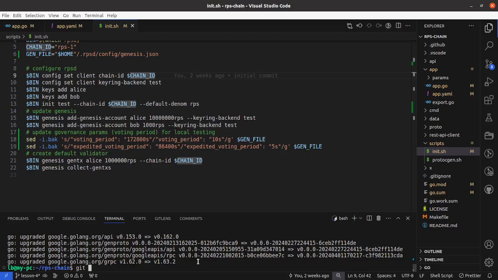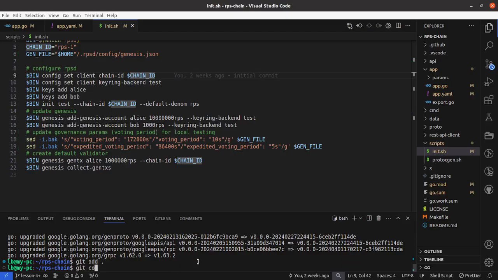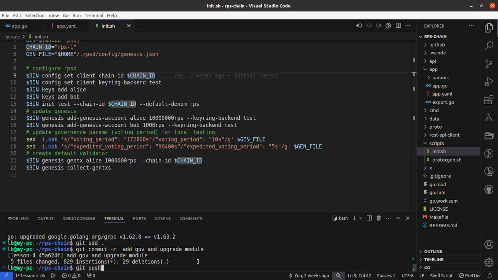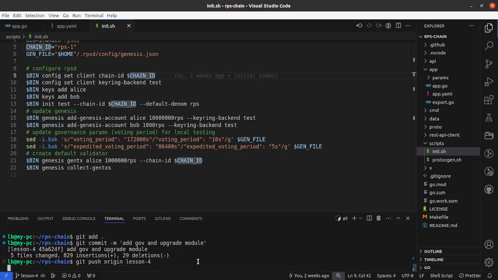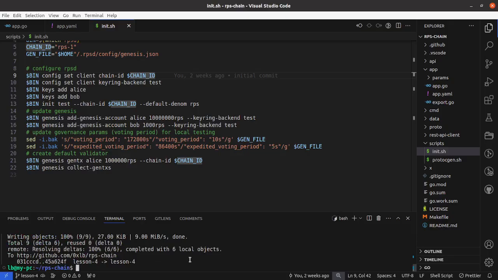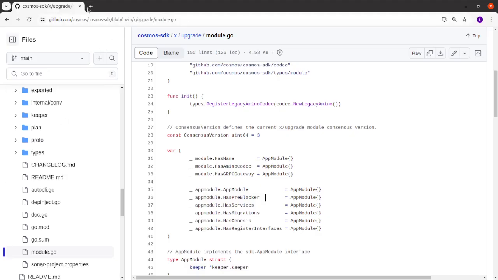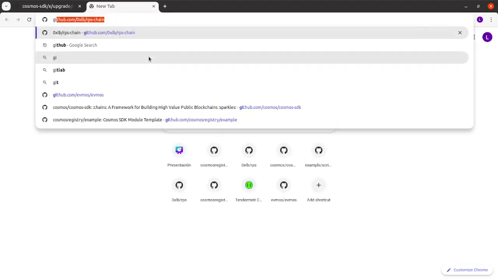So let's git add, git commit with the message add governance and upgrade module, and let's push this to our lesson 4. And now we can create a release for our chain. We have to go to our repo,